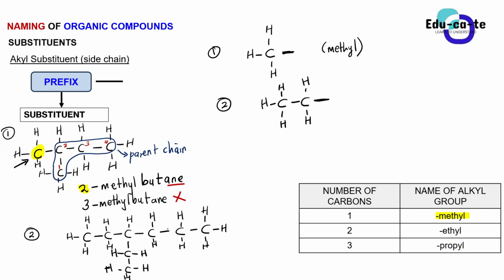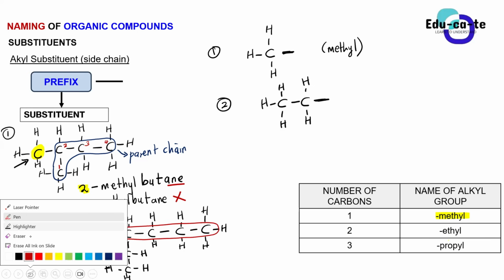6, right? So you can highlight it in this way and say that this is your parent chain. This straight one is a parent chain. It has got the most number of carbons, 6. Or you can choose to highlight it from bottom to top, and say that from here to here, this is your parent chain. It will still be the same thing, guys, because all of it gives us 6 carbons. Okay, so your parent chain is not always straight.